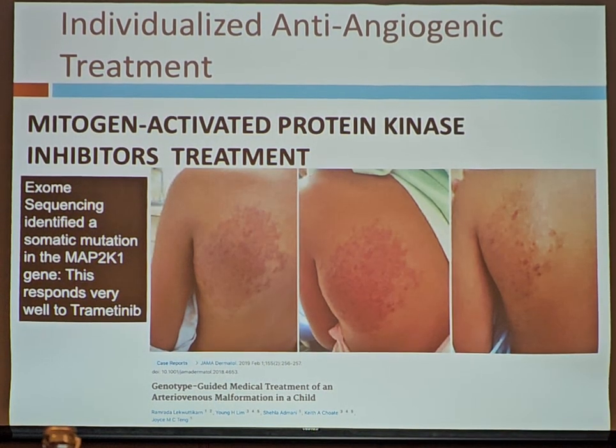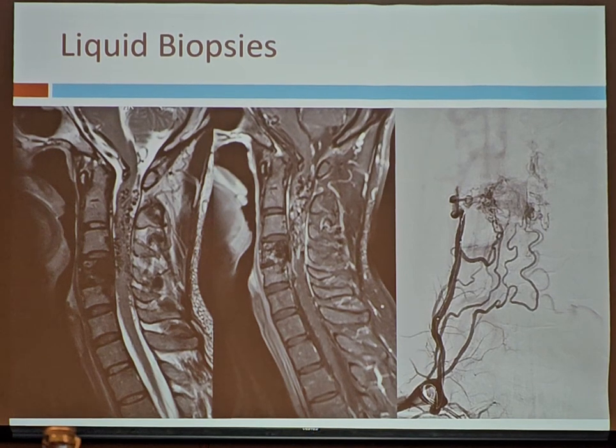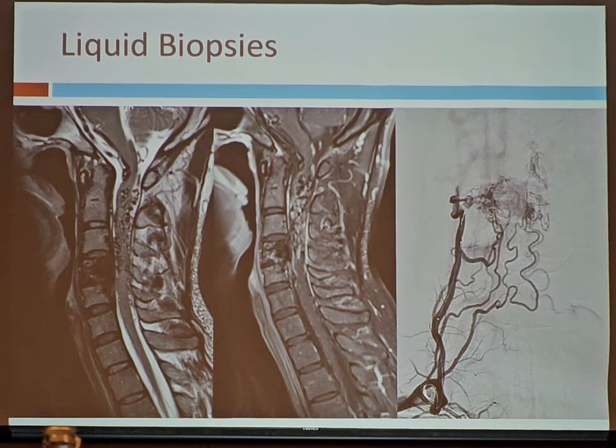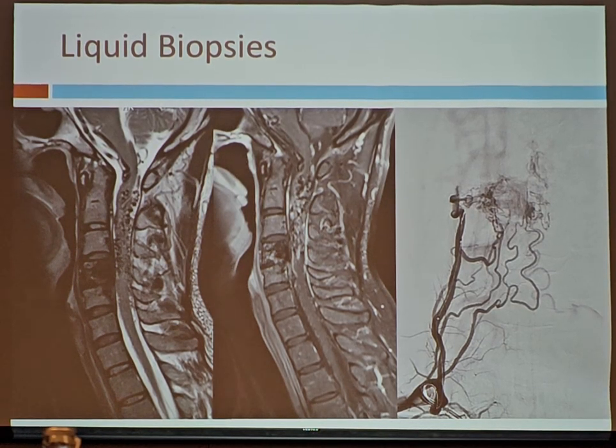We can't do a biopsy of the AVM, that will obviously lead to bleeding. And this is why we devised liquid biopsies. A liquid biopsy means that we are going into the vein as close as possible to the nidus and take blood from within this vein. And then we are doing mRNA sequencing to identify whether, within the blood that is going through the AVM, that is naturally taking some endothelial cells with it, there's indeed a KRAS mutation present.